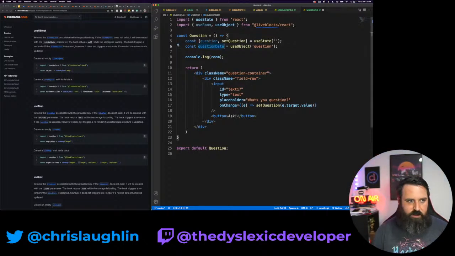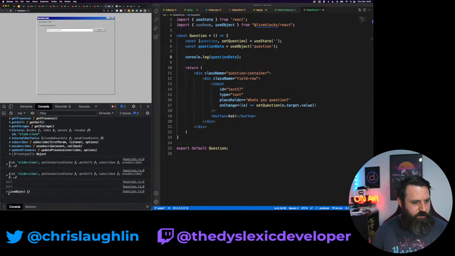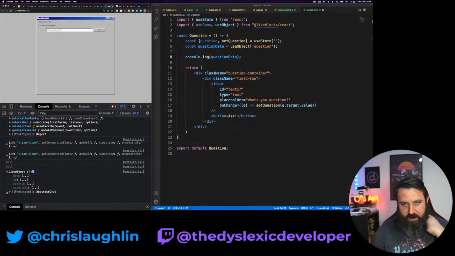So if that doesn't exist, it'll create it for me, which is an object, because I'm going to do the key value kind of pairing. So let's log this out and go back here. Yes, okay, that gives us a live object. That's what I'm looking for, because I can interact with that live object, because I can get and set, and I can toObject on it.